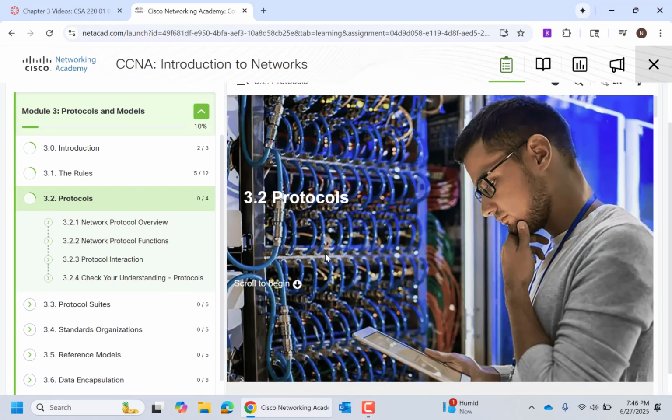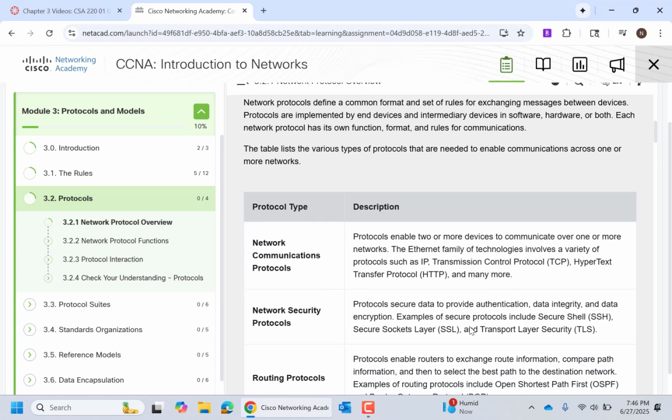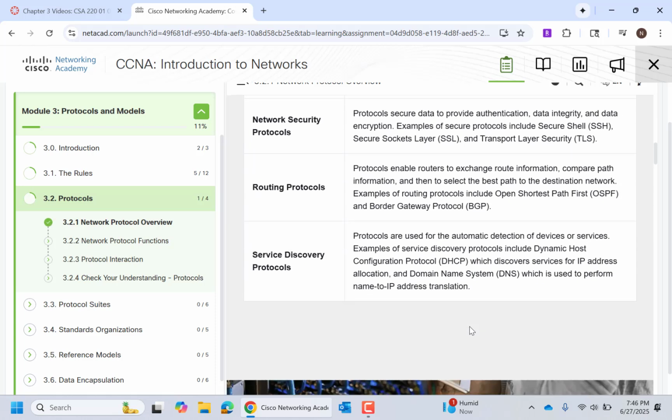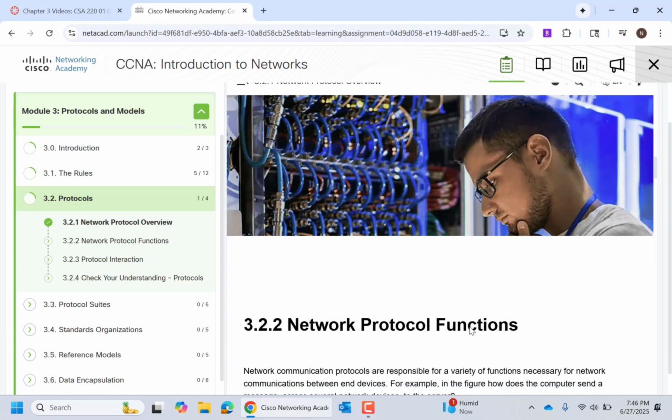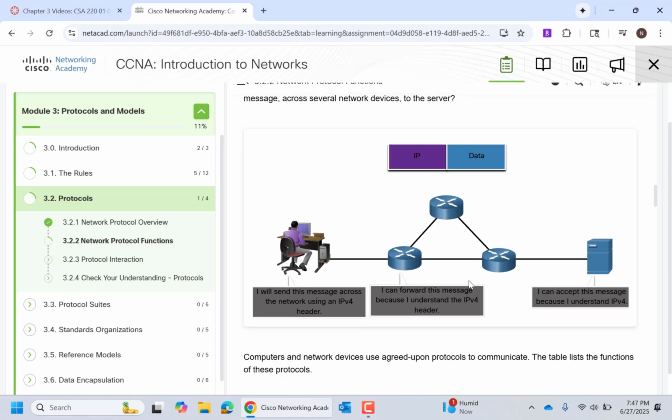The next part is all about protocols. So protocols define all of the things I just talked about. The timing, the message delivery, is it going to be unicast, broadcast? How big can the message be? All those sorts of things. Well, there's several different types of protocols in computer networking, and it's just much too large to get into right now. So what I'm going to talk about is TCP/IP.